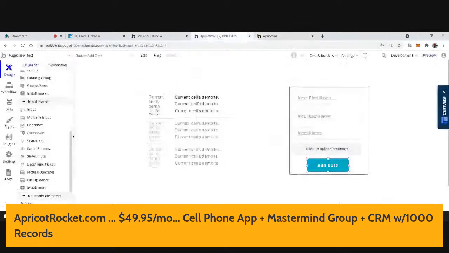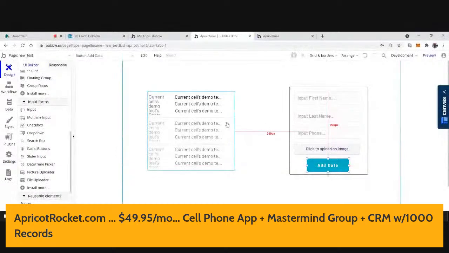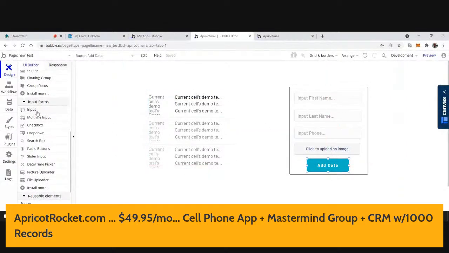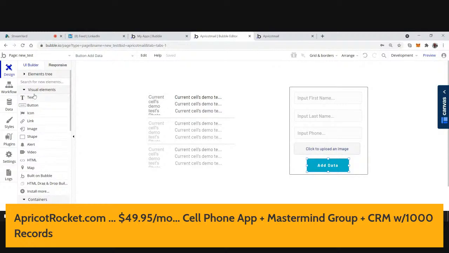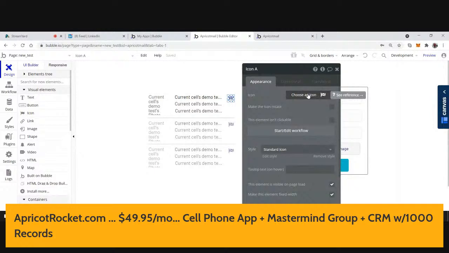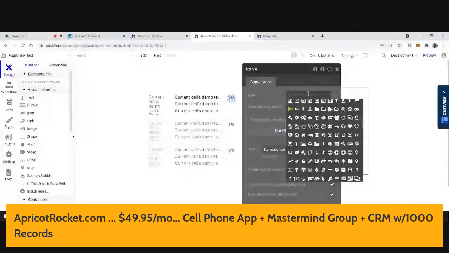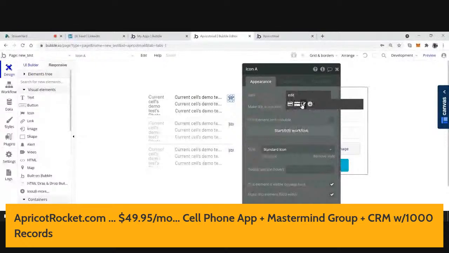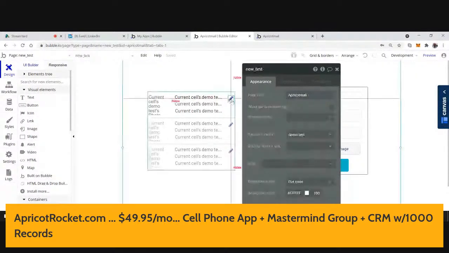Okay, so let's come back over here. And first, let's put our little icon in. So I'm going to come over here to our visual elements. I'm going to click on icon. I'm just going to go up here to our first repeating group element. I'm going to put the icon right there. Now I'm going to choose the icon called edit. Whoops. Let's click here, EDIT. That gives us a pencil. Let me just try pencil, PENC. There we go. I like this one better right here. Okay, so we're going to do a pencil. Okay, so now we have an element for a pencil, and see how it automatically repeats down.